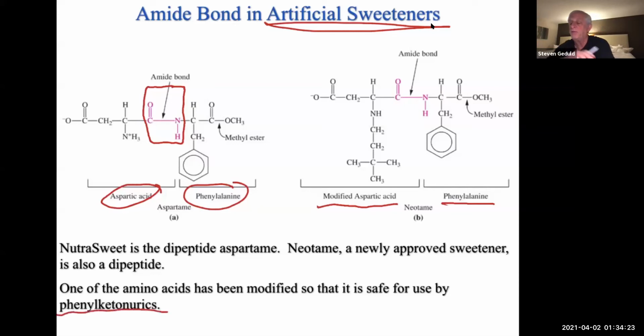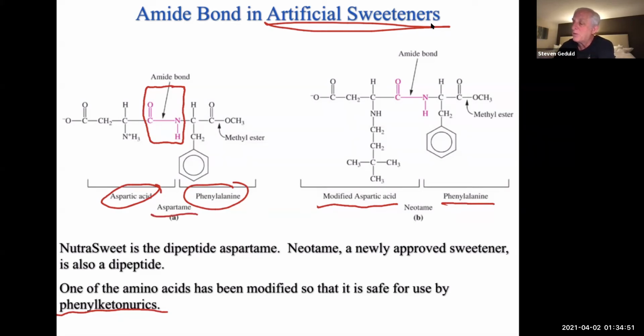Patients that have phenylketonuria lack the enzyme to process the amino acid phenylalanine. So you have to restrict their diets to the amount of phenylalanine the body can use. There's no extra phenylalanine. Now, they can't eat certain types of sweets. They can't have hardly any sweets. But now with the modification that we use for neotame, instead of aspartame,